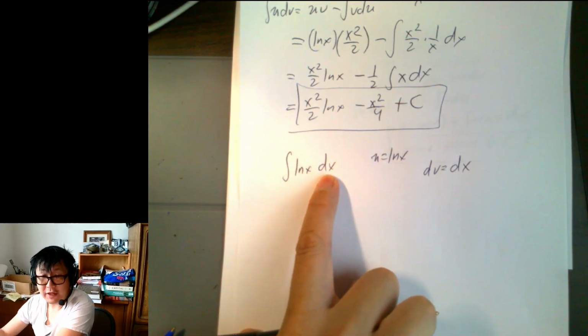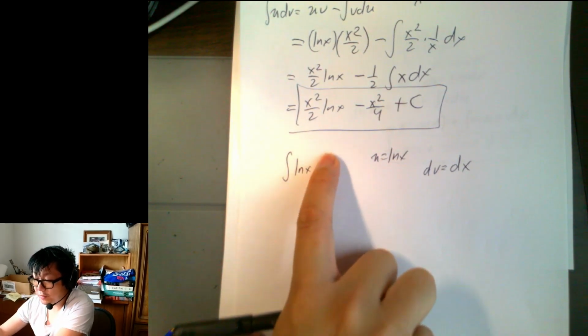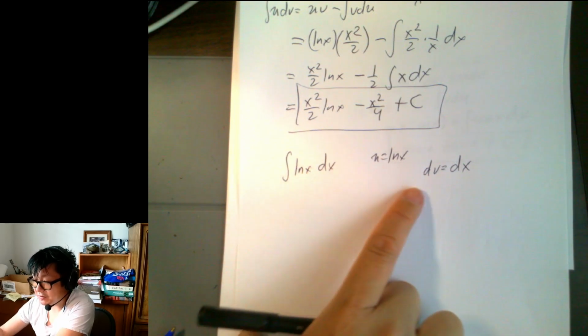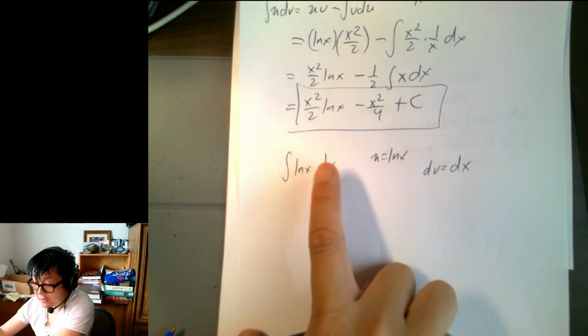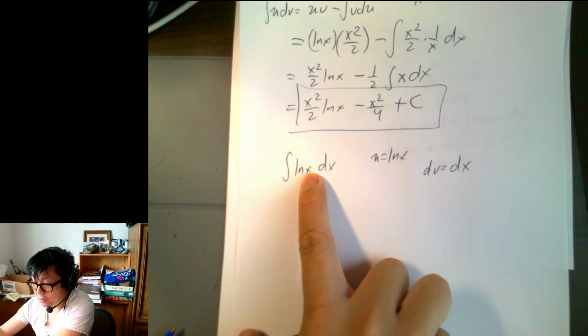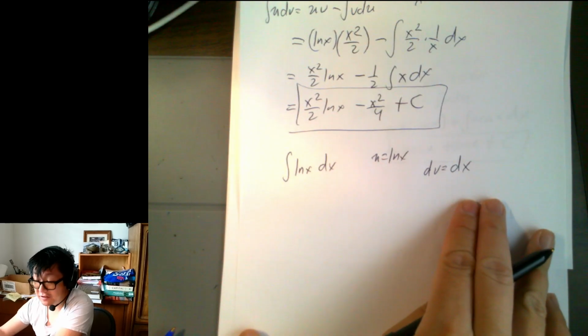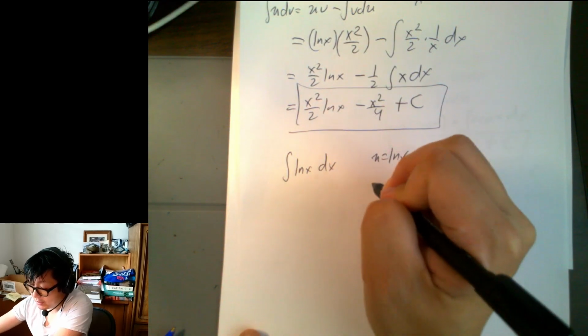Think of this as sort of like a power function, or if you like, just the easiest thing possible to integrate. Right? 1 is x to the 0, so you can think of it as a power function, and therefore below natural log of x. Or you can just think of it as, well, in the absence of any other choices, that has to be my dv. Take the derivative,